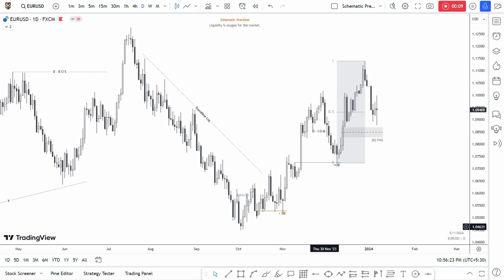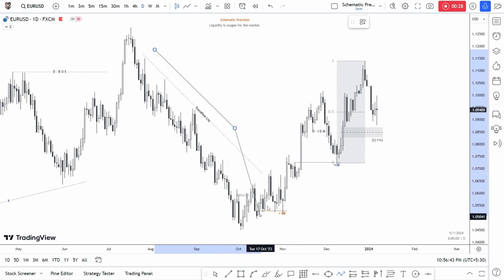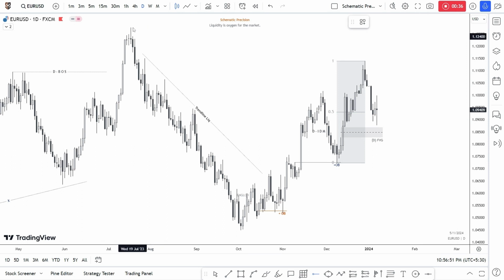So, this is my outlook on Euro USD for the upcoming week. As we can see, market previously trended downwards in a corrective manner, building up liquidity on the above side. And after the trend changed, price is grabbing all this liquidity, and I'm still expecting market to continue and grab this external range liquidity